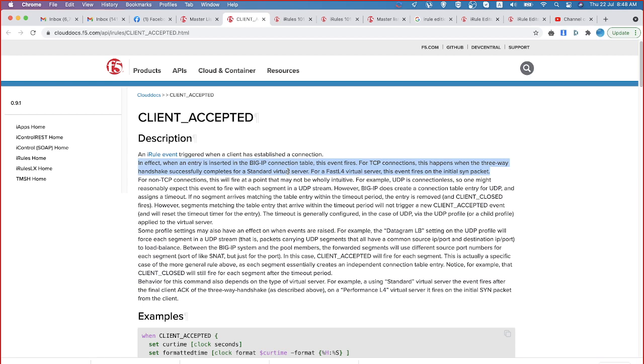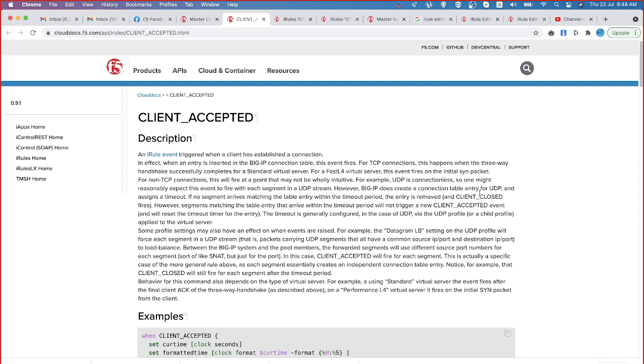procedure. Standard virtual server, how it works in a full proxy mode: you have a three-way handshake process being terminated on the F5. In the same way, one more three-way handshake process is going to be established from F5 to the actual server, right? So that's how they are going to be behaving. So when this three-way handshake process completes, we call it client accepted. Then what would be the status if the three-way handshake process completed against the server?